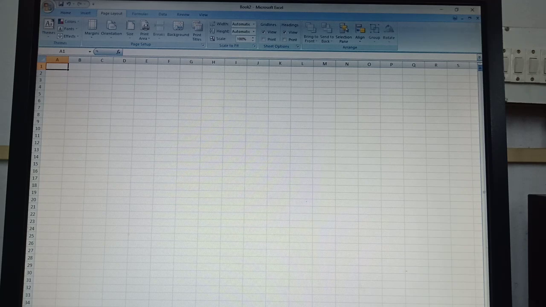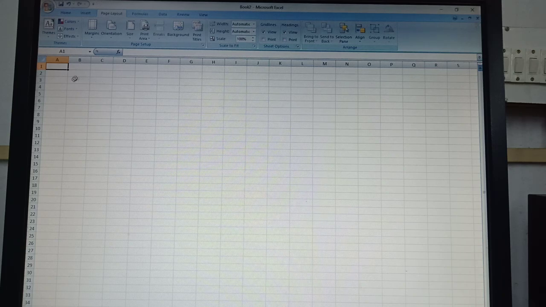Worksheets. Here are the worksheets, and by default 3 worksheets are getting open by default. We do not need to open the worksheets. They open automatically, that's why it is called by default. And the collection of these 3 worksheets is called a workbook, and the name of this workbook is written over there.